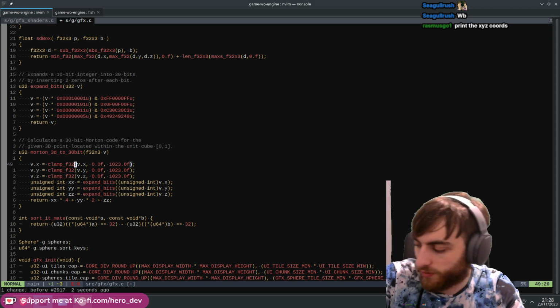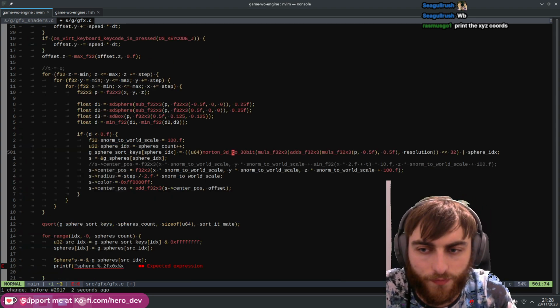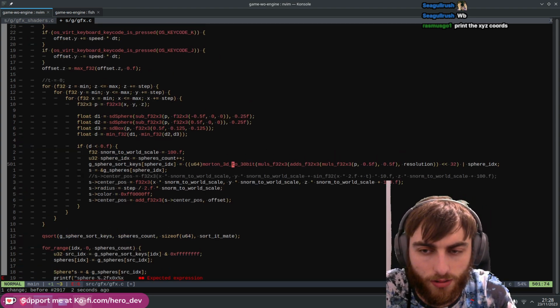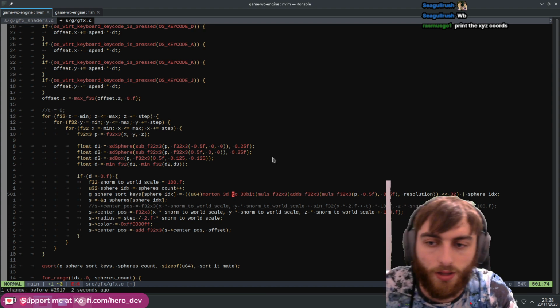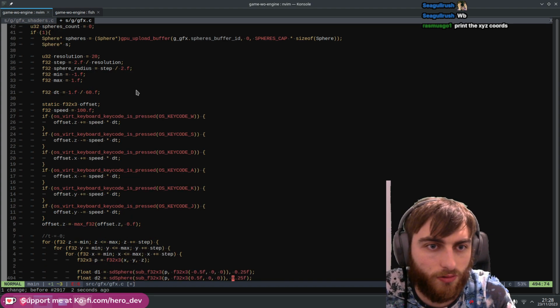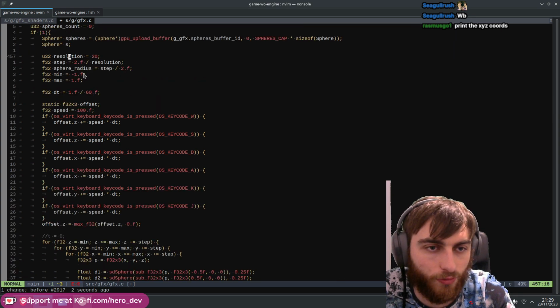So 10 bits each gets 1024. Okay. So what are we doing? We've got a normalized position from 0 to 1, right, and then we're timesing it by 20 because that's our resolution. So by resolution, what do we mean? So we've got a step size of